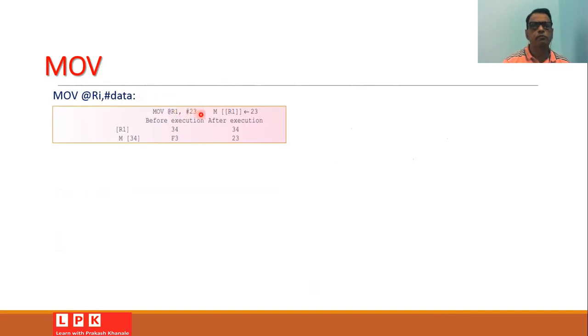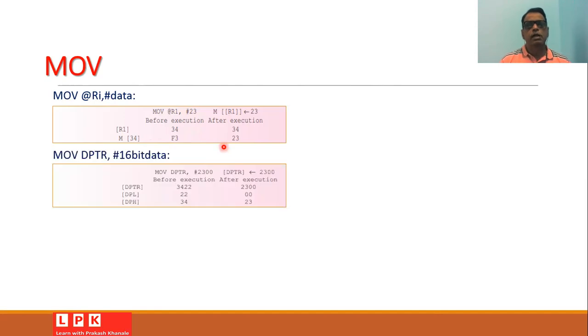For example, if we write MOV @R1, #23, and suppose the content of R1 is 34, and the content of memory location 34 is F3, then after the execution of this instruction, the content of the memory location will be changed to 23, while the content of R1 will remain as it is.